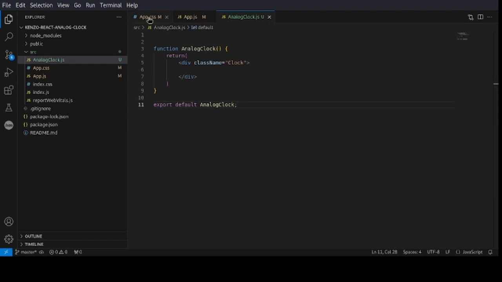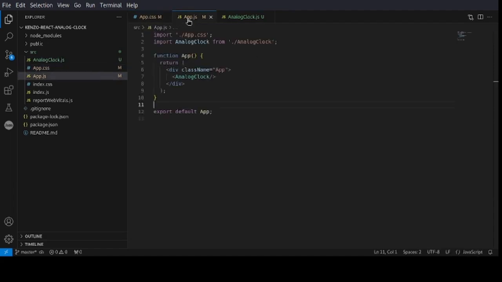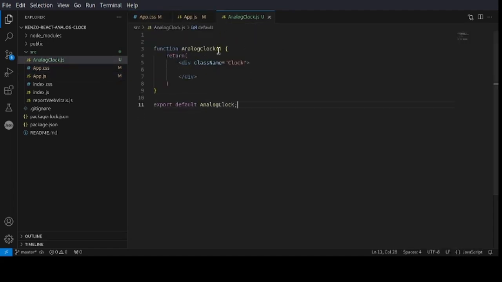So as you can see, I've already created the function for analog clock, and I've already imported it on the app. So to get started, we'll be defining the three hands of the clock. We'll have the hour, minute and second hand. So let's do that. It's just going to be three divs,